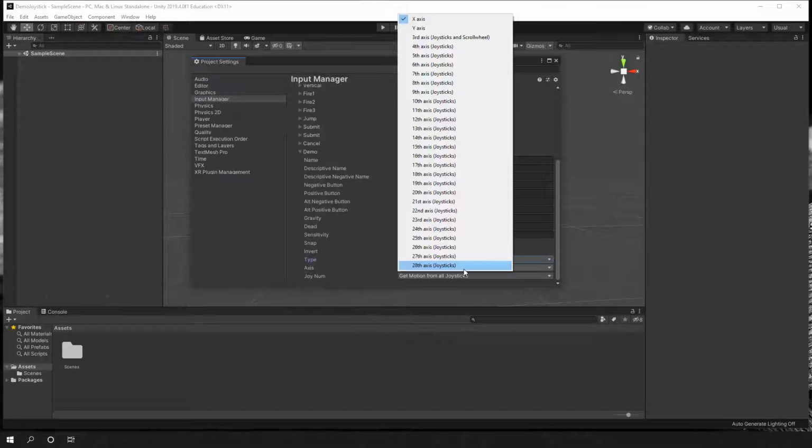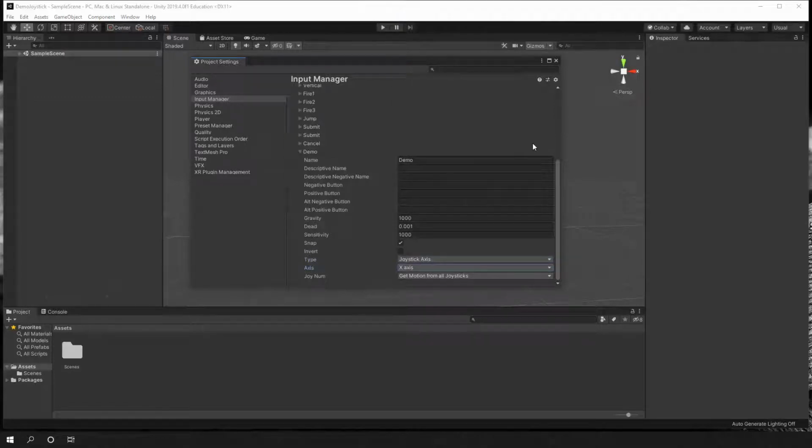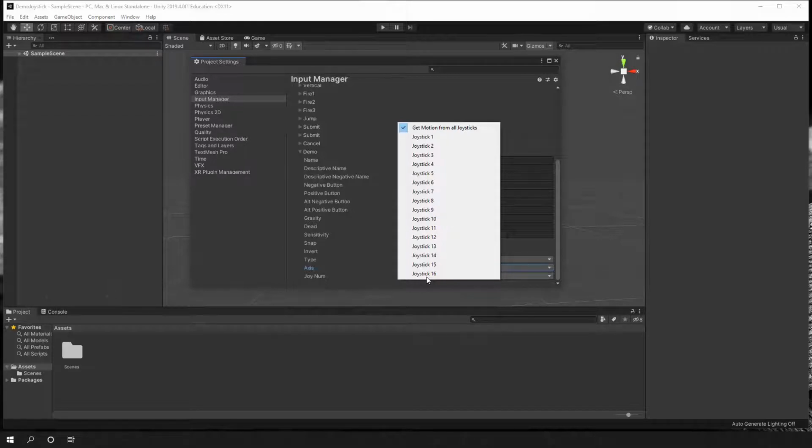For instance, a joystick like the one from the Xbox could have 4 different axes depending on how it moves. Or a PlayStation DualShock controller, if it is the 6-axis controller, has 6 axes, as it says. Then we have the get motion. We can select to get the motion from all joysticks. For instance, one button that will use that will be the start button. If we want anyone to be able to select start, we can select get motion from all joysticks.